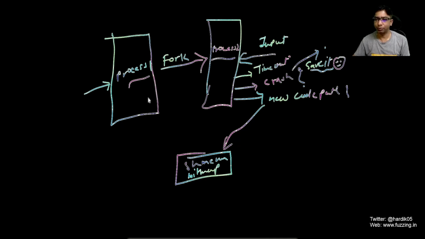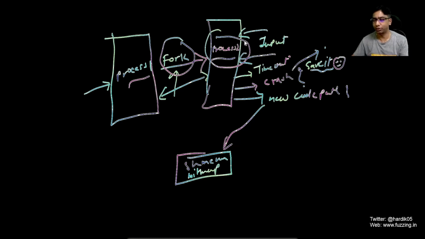And then when the control reaches the main function, it will call a Linux system call that is called fork. What this call will do is create the exact same clone of your process. Let's call it process 1, and it will create another process, let's call it process 2. Now this process 2 is what your fuzzer will use, and the fuzzer will give a single input to this process 2 and monitor its behavior.